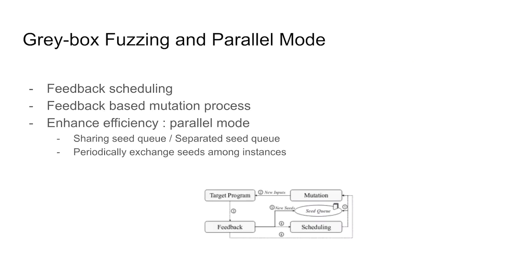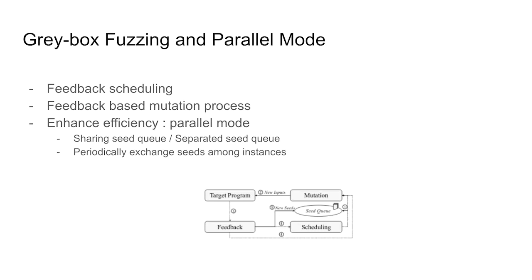In this research, we target gray box fuzzing, the most popular category of fuzzing. It follows the feedback, scheduling, mutation model and presents an iterative process, starting with a queue of seed inputs. In a round of fuzzing, the scheduler picks a seed and feeds it to the mutation process for deriving new inputs to test the target program, expecting to trigger unhandled crashes or exceptions.